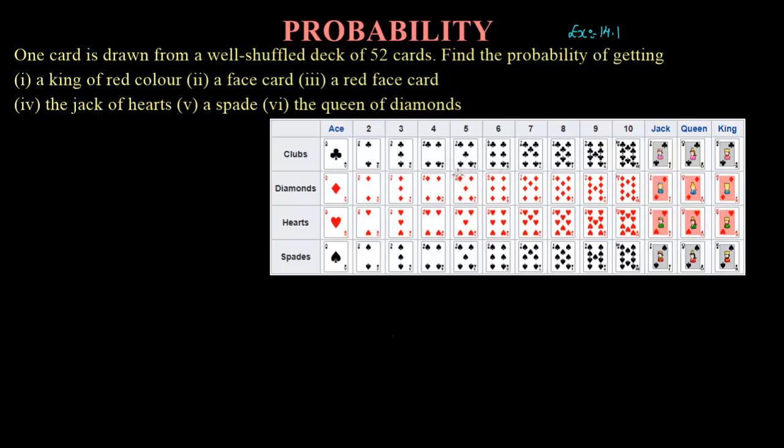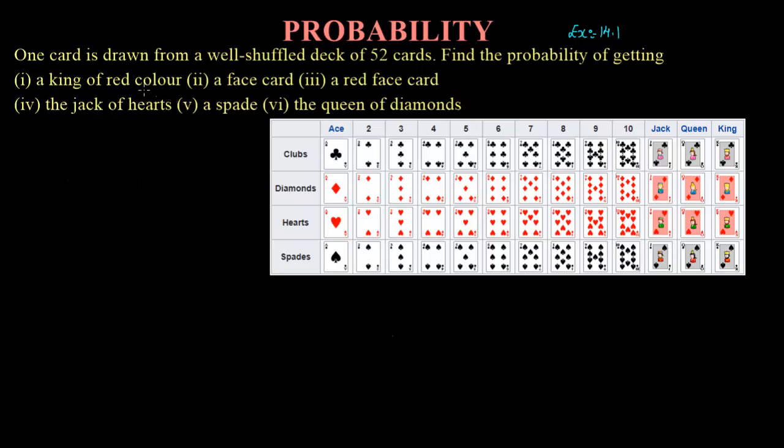Now, excluding these cards, there will be 12 special cards: jack, queen and king. So there will be 4 jacks, 4 queens, and 4 kings. Out of 4, one will be a club, one will be a diamond, one will be a heart, one will be a spade. In the same way queen also, in the same way king also. So this is the distribution that you need to know to solve the card related problem. Now let us start solving it.